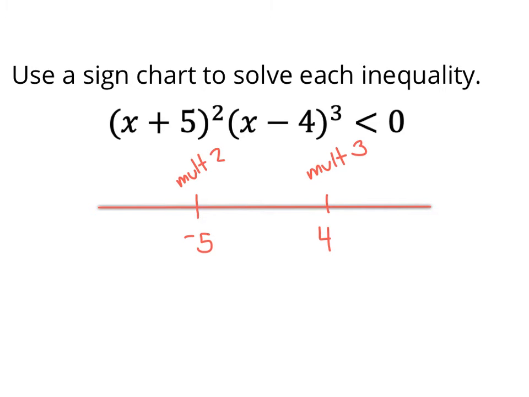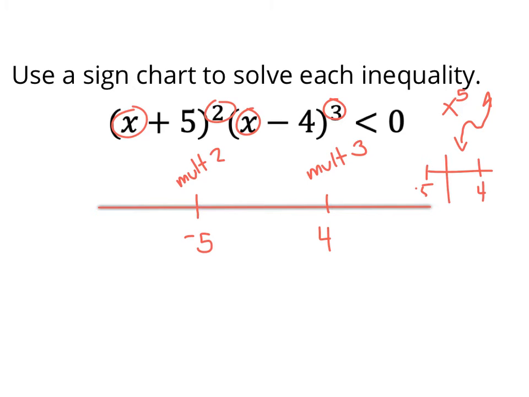So this degree would be 5. My leading term would be x to the 5th, which I'd get from an x cubed here and an x squared here. Since my coefficient is positive and the degree is odd, I know my function's going to do something like this. Because it has multiplicity 2 at -5